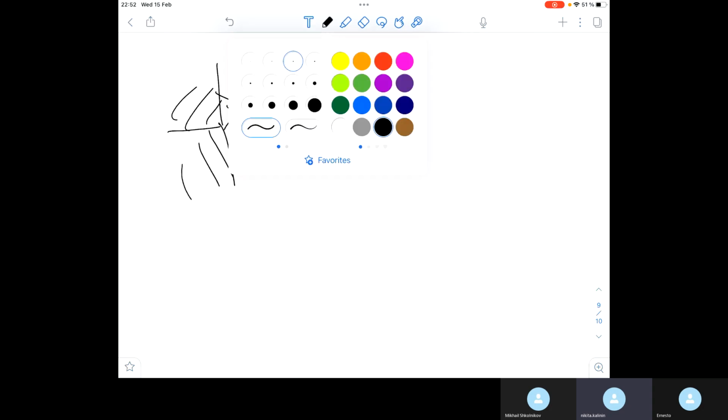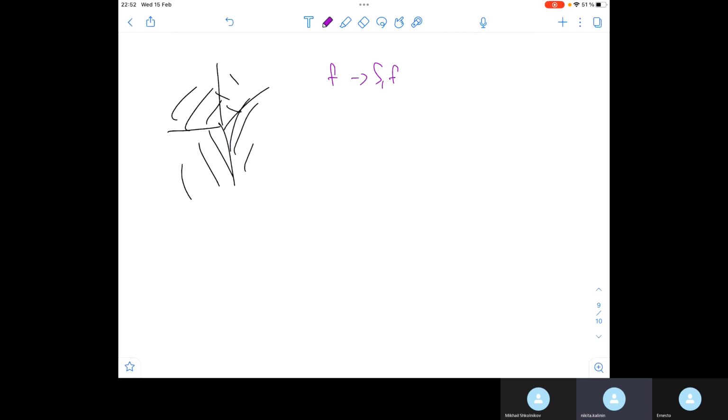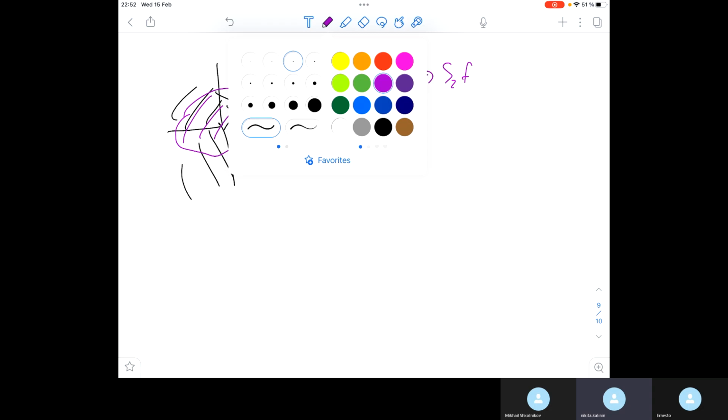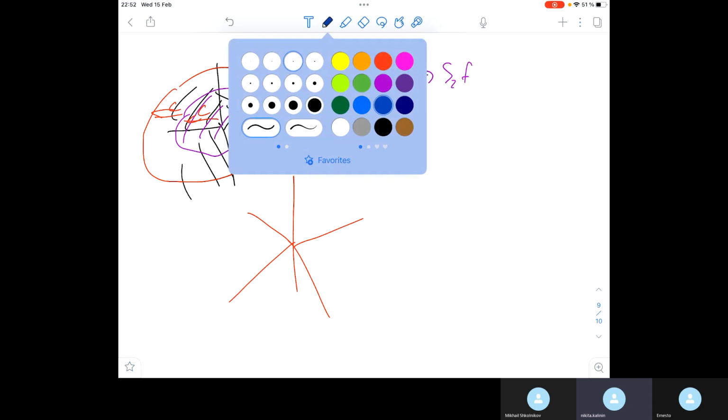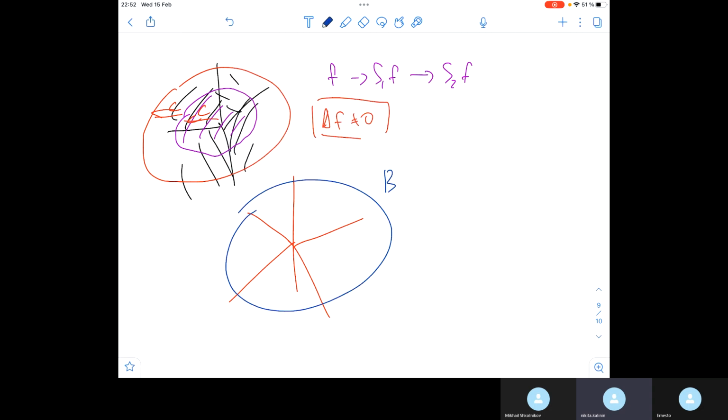So it means the following picture. That's my tropical vertex, and that was my function f. Then I go to S1 of f, and it changes only a finite neighborhood of this vertex. Then I go to S2 of f, and again by the same arguments, it changes only a gain of this neighborhood plus c. So at each step, I go at most by c. And then it allows me to understand how many points with df not 0 I have in this set. So after n steps, I still live in some ball of radius Cn